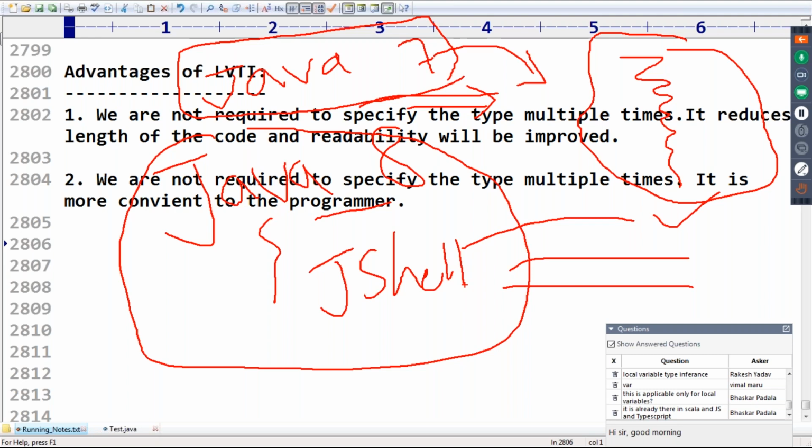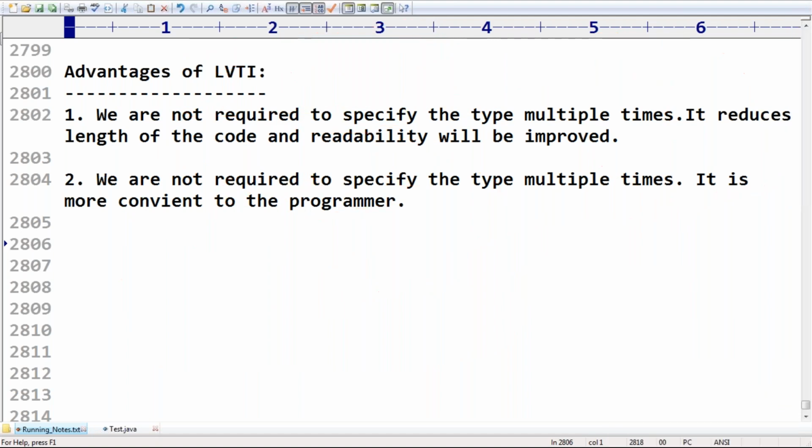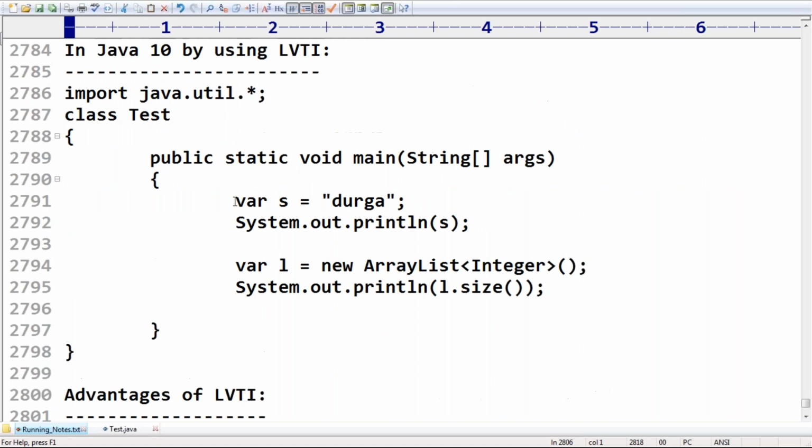Yes, it's already there. Sir, in Java also, why do we have to introduce this concept? So this concept is already there, sir. Okay, in which versions, sir? I mean in other languages like JavaScript, TypeScript. Yes, it is there. Even in Python, we are not required to use this. Automatically the type will be considered based on our provided value. Dynamically typed, sir.